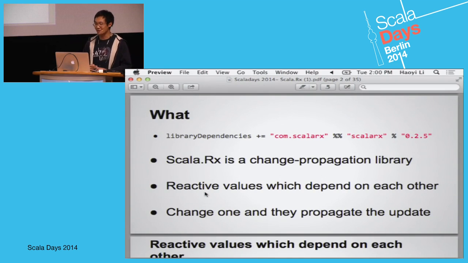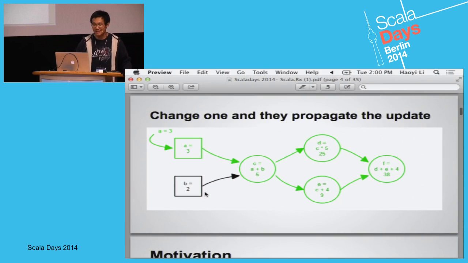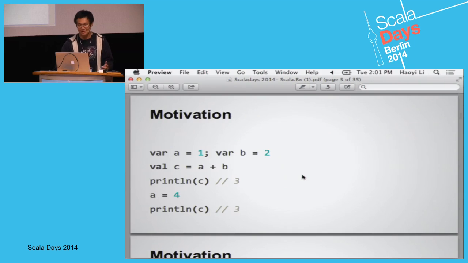What Scala RX gives you is the idea of reactive values, which can depend on other reactive values. By chaining these reactive values together, it is very easy to build up a data flow graph where I have some inputs, a bunch of intermediate values, and maybe some outputs at the end, which I really care about. And when I change one of these reactive values, the change will propagate through to any values which depend on it. This happens recursively over and over until all the graph which depends on the thing I changed has updated. So for some motivation on why Scala RX is useful, let's consider this example we have here, where,